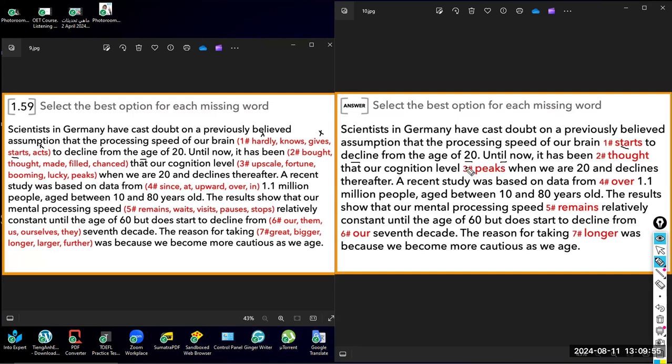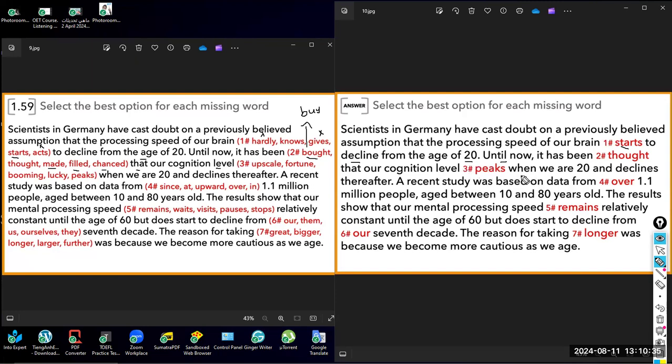Until now, it has been thought that our cognition level. So I have to say absolutely it has been thought. I cannot say it has been bought, because the present of bought is buy. I'm not buying anything, for example. Or it has been made. Made what? So, not filled or chanced, please. So I have to say it has been thought that our cognitive level